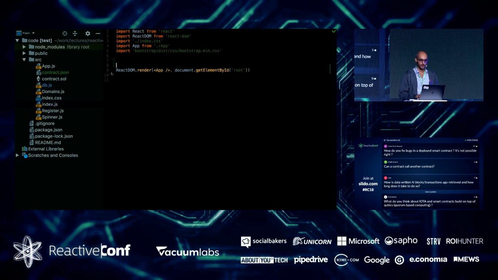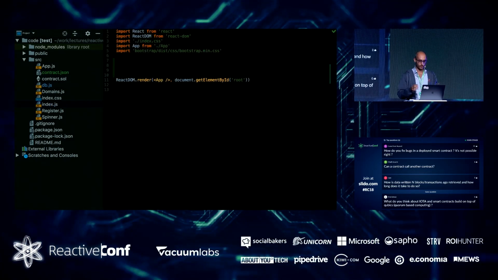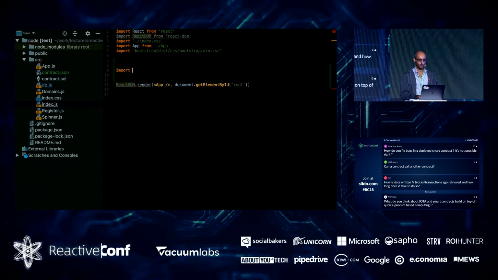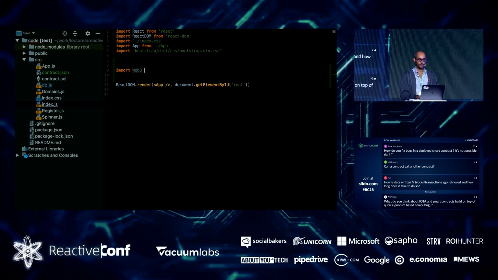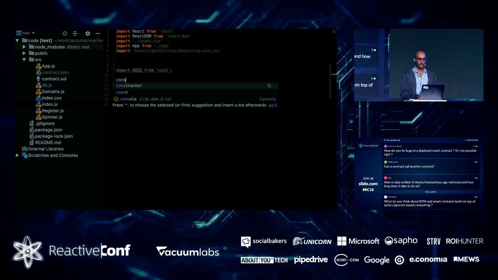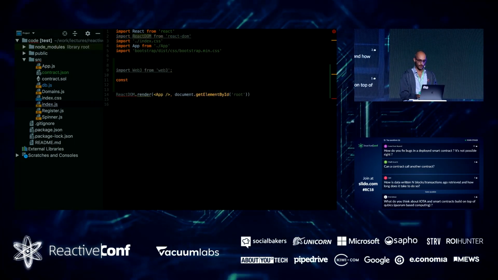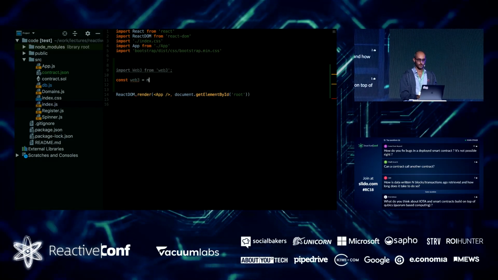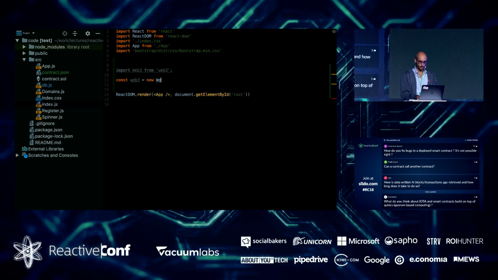So let's go to our index file and just start from scratch. I'm going to import Web3 from the Web3 package, and I'm going to create a new instance of a Web3 connection. New Web3.